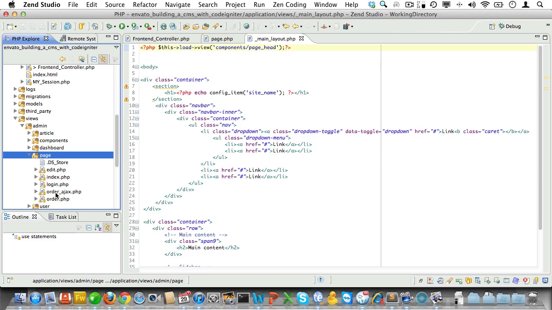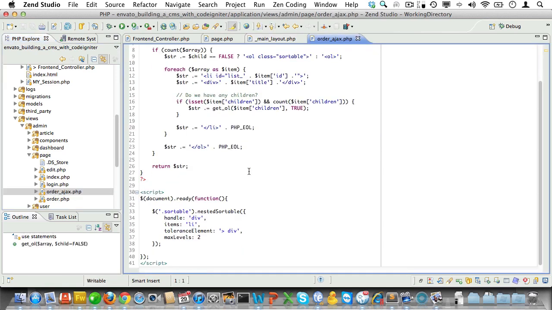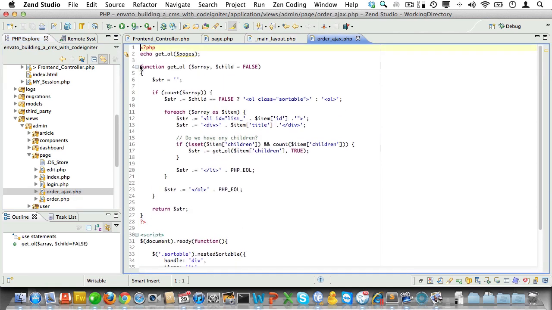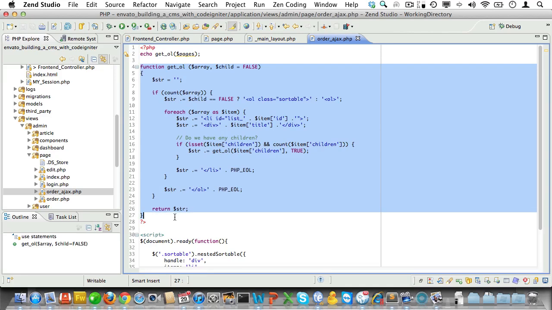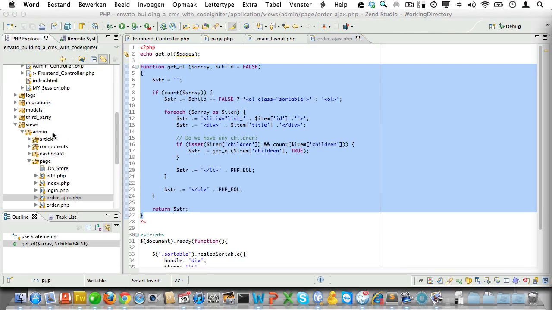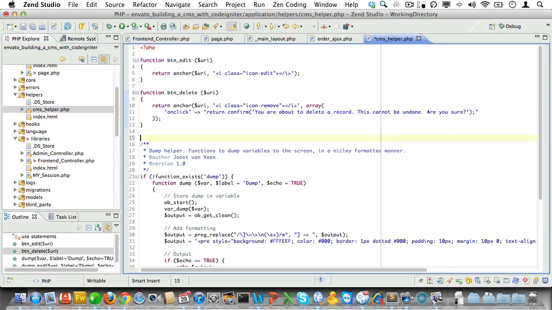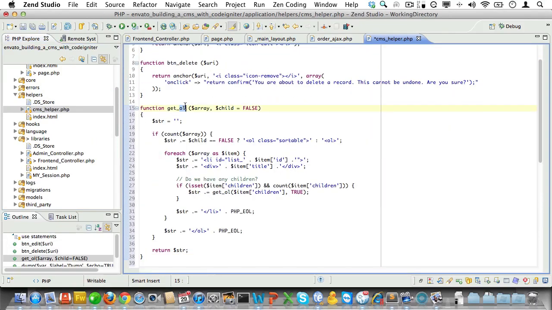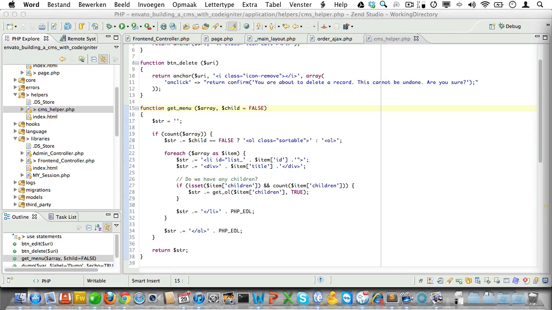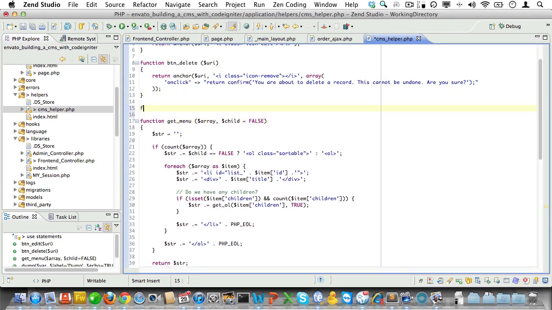It looks very familiar. We've already created a similar markup for the ordered list in our Ajax GUI. So let's just copy that code and modify it to suit our needs. But instead of putting all this code in the layout, let's create a helper function in our CMS helper. We'll call it getMenu. Let's paste in the code from our clipboard, and while we're at it, let's create another